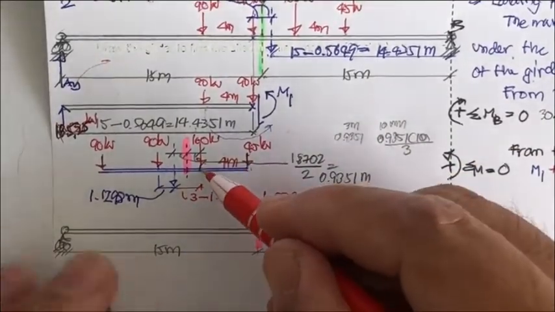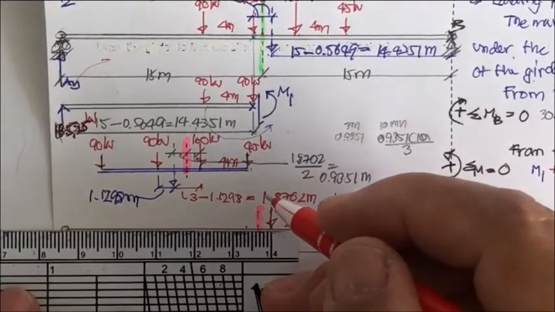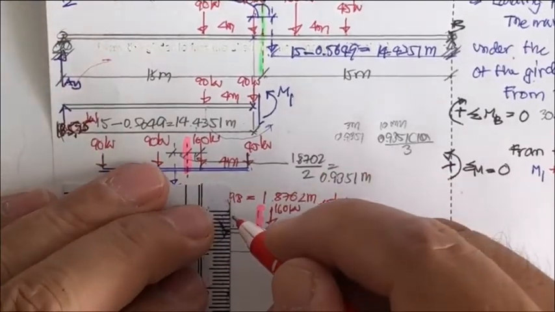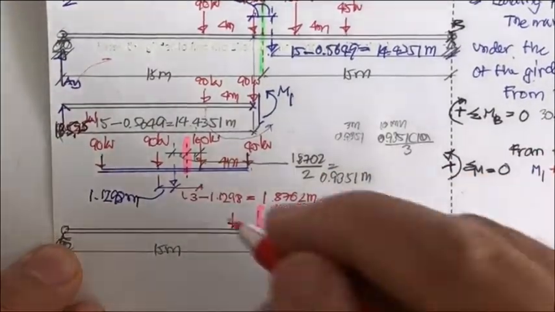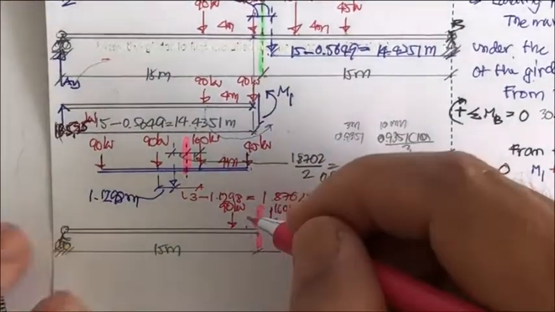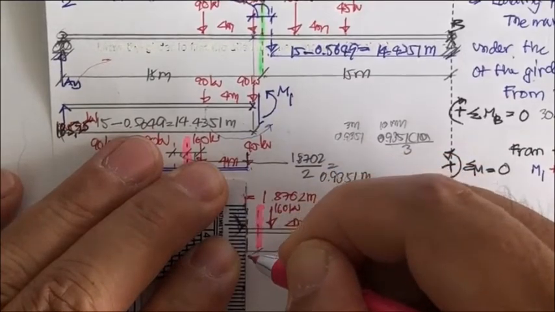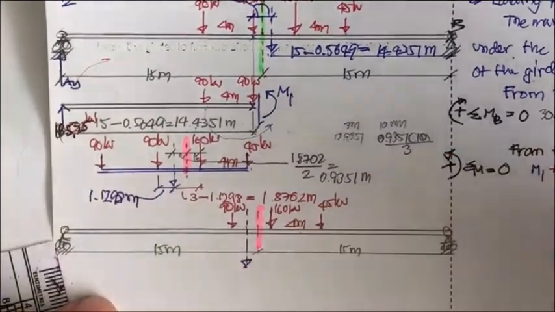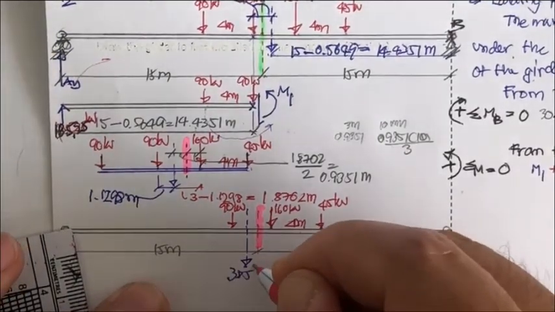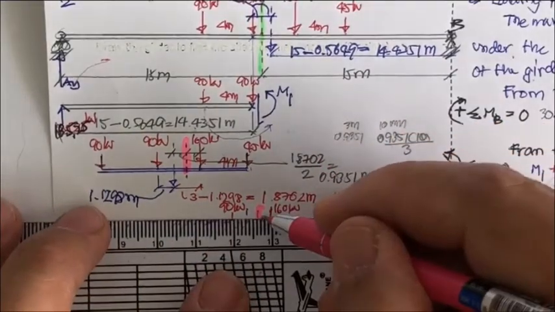And then you take another 3 meter. Take about 1 meter. You get the 90 kilonewton. And in between this one, you get your F sub R. Okay, this is going to be 385 kilonewton, and the